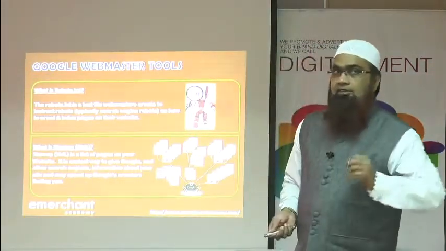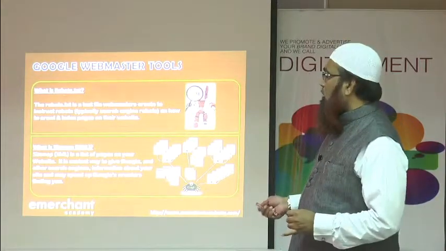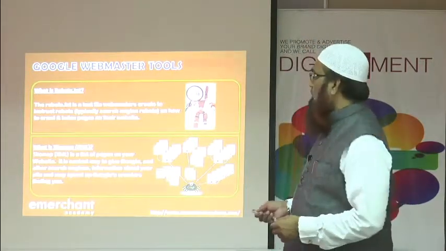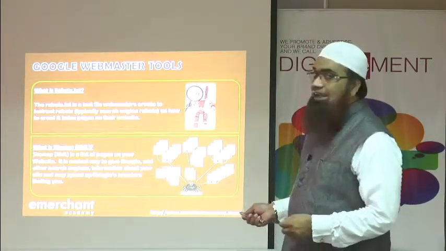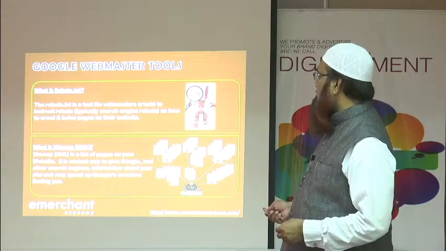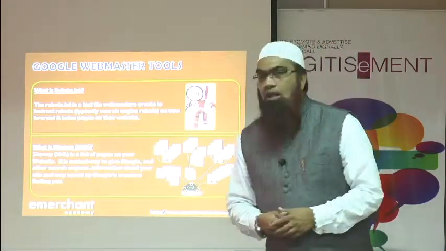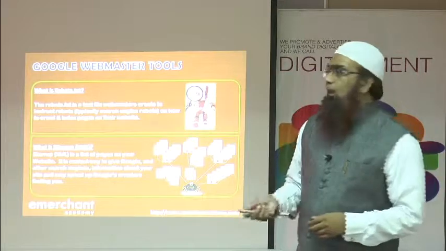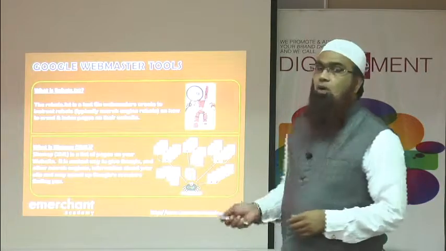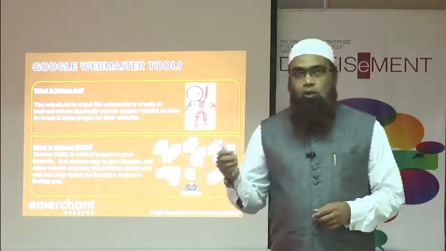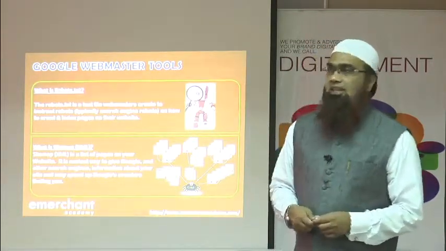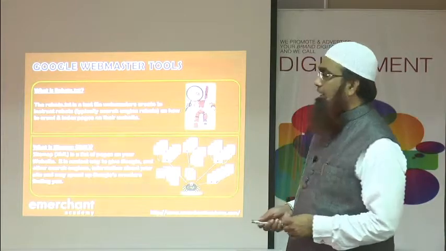Now moving forward, the first and foremost thing that we are going to look at is robot.txt. In the earlier session we learned what robot.txt is, where you can allow or disallow some of the files. Let's recap. Robot.txt is a text file webmasters create to instruct robots, typically search engine robots, on how to crawl and index web pages. If you are able to make it proper, you submit it and instruct the search engine robots on how they should react once they see this particular text file.